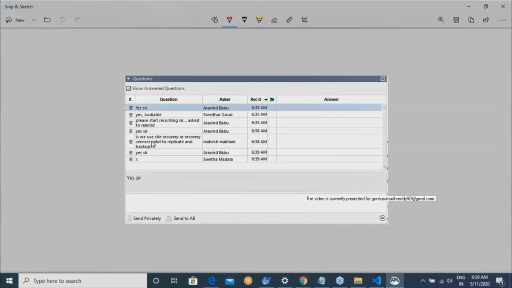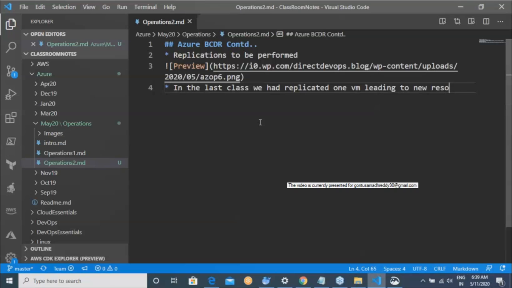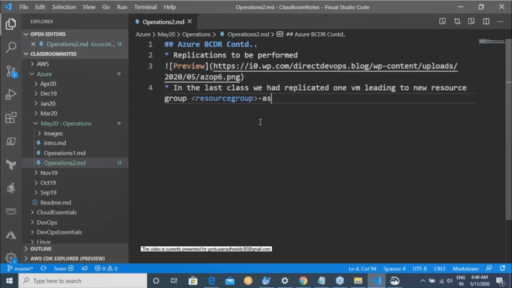Okay. So, do we use Site Recovery or Recovery Services vault to replicate? Mahesh, please wait. I think that is the exact thing which I'm going to speak about. By the way, both are the same, right? In the last class, we replicated one VM into a new resource group. We have given a resource group name, if you remember. By default, it was the resource group name with -ASR.